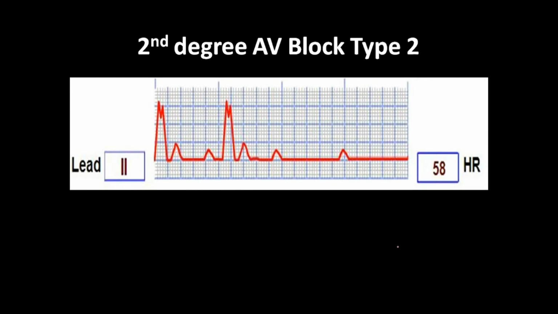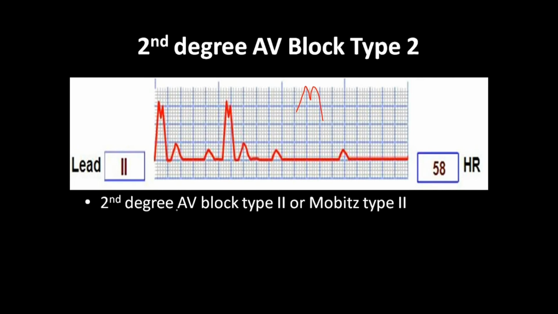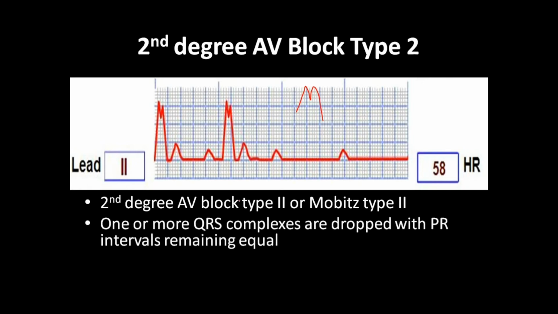Next we have a second degree AV block type 2, okay. Here you can see the QRS complex appearing like the letter M, okay. So second degree AV block type 2 or Mobitz type 2, okay. Here one or more QRS complexes are dropped with PR intervals remaining equal, okay. The PR intervals will be equal, okay,